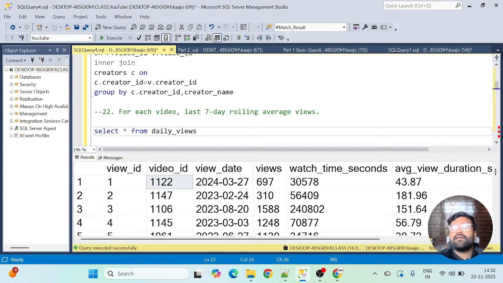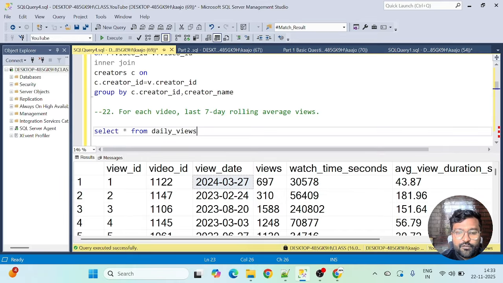Now we have to keep in mind that a video can be watched on any day, right? So if, for example, this video was watched on 27th of March 2024, it may be possible that this was the last time this video was watched. If we go with the date approach here, we will never be able to get this record, because we are already in the year 2025. This record will get missed. And what if this video was last watched on this day? That means this record should be included in our last 7-day rolling average. I hope I'm able to make my point and you understand what I'm trying to say.